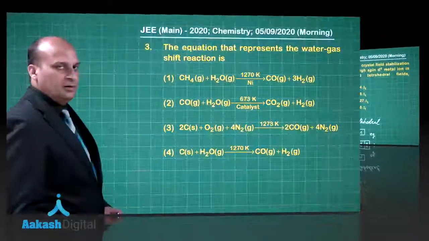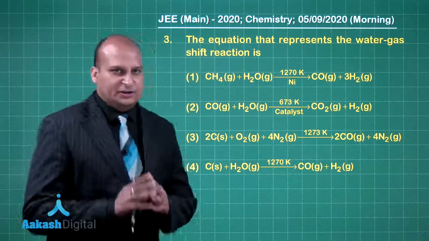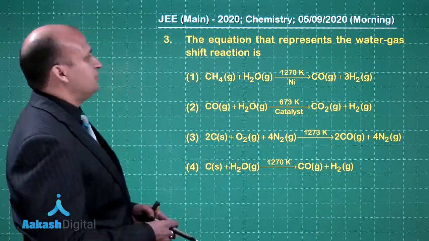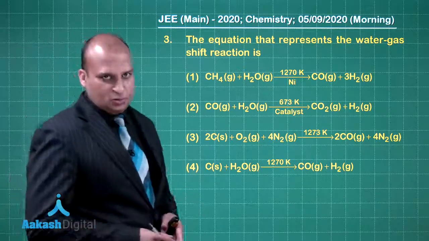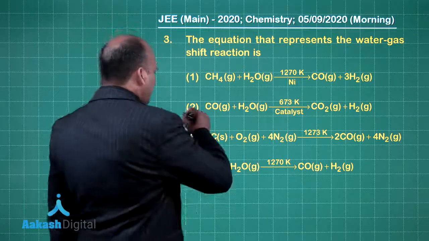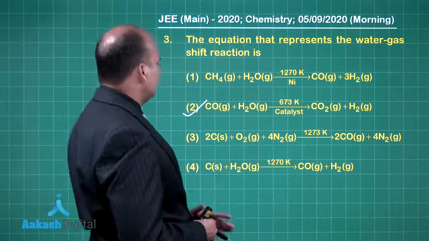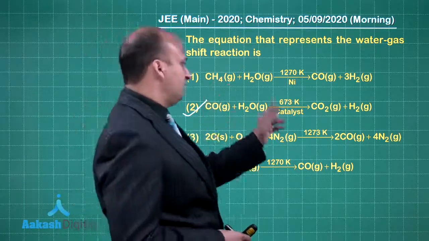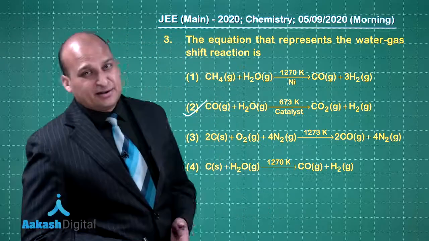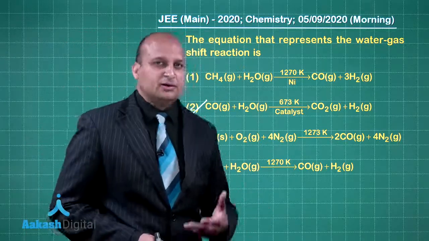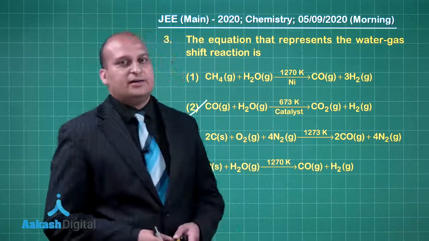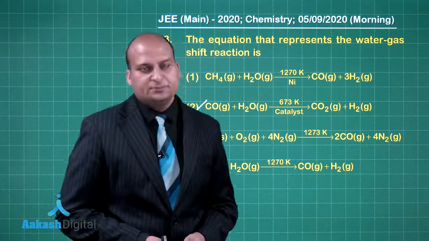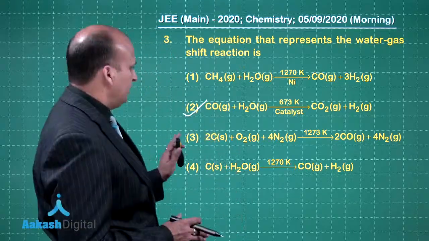Now let us look at question number 3. The equation that represents the water gas shift reaction. So it's simply a memory based question. The correct option is choice number 2, CO plus H2O at 673 Kelvin under catalysts like iron and copper. These are the catalysts which you use to produce carbon dioxide and H2. So the right option over here is choice number